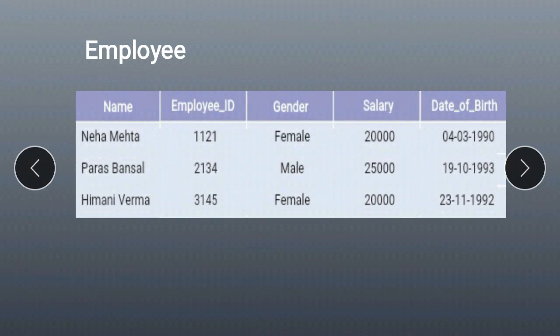See here, there is an employee table in which there is the name of the employee, employee ID, gender, salary, and date of birth. So all these are in a table, in a tabular form. What are all these?